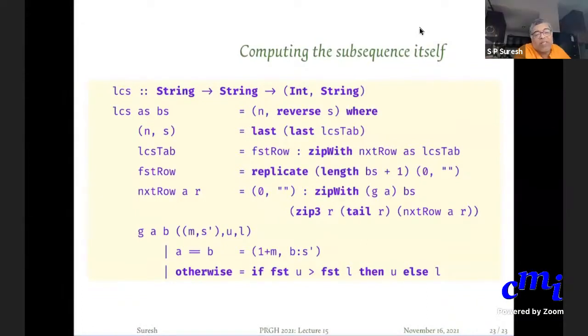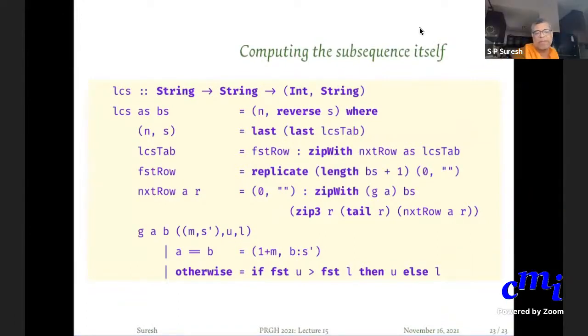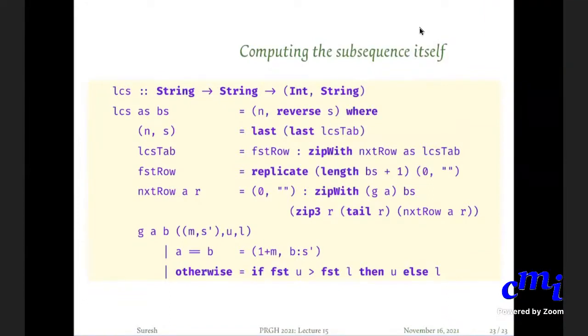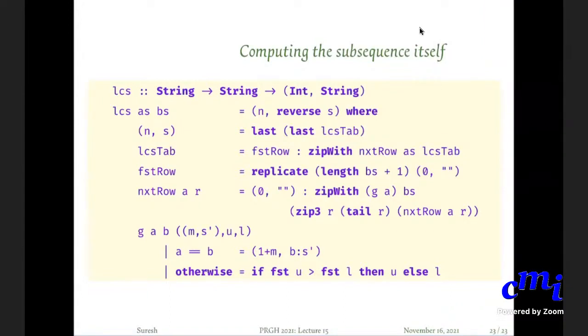We are not really. That is the point. You want to build from bottom to top, but the Haskell evaluation allows you to do it from top to bottom because of laziness. Oh, okay, sir. Yeah, that is really the nice point. You can define it as though you are going top to bottom. If you think about it, if you try to execute it the way it is written, it won't work. It will work only because of laziness. Okay, sir. Right. But your intuition is right.